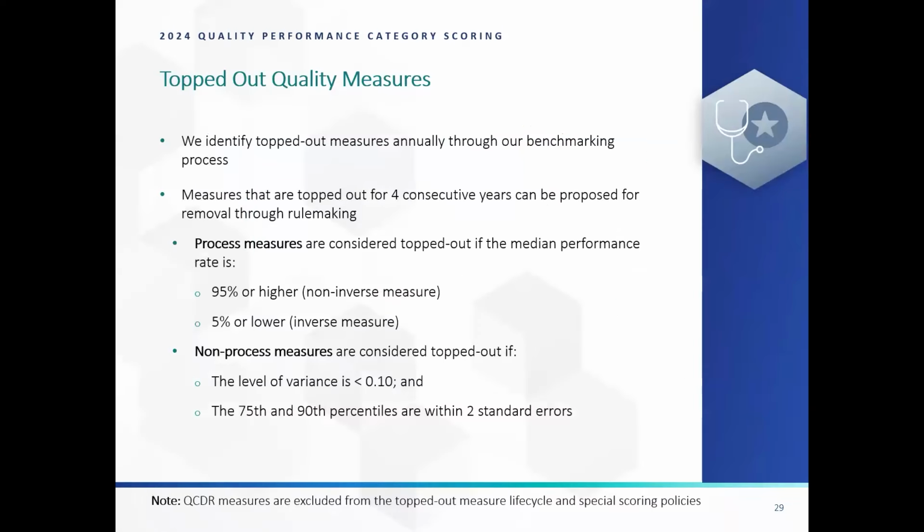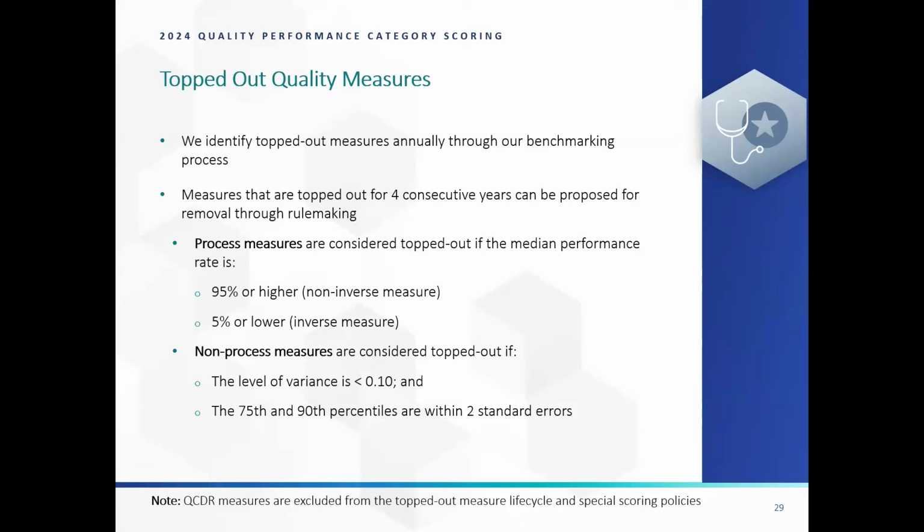Now I'm going to discuss topped-out quality measures. On an annual basis, CMS identifies topped-out measures through our benchmarking process. Measures that are topped out for 4 consecutive years can be proposed for removal through rulemaking. I just want to note that it doesn't necessarily mean that once a measure is topped out for 4 consecutive years, that it will automatically be proposed for removal. So it's just something that we consider